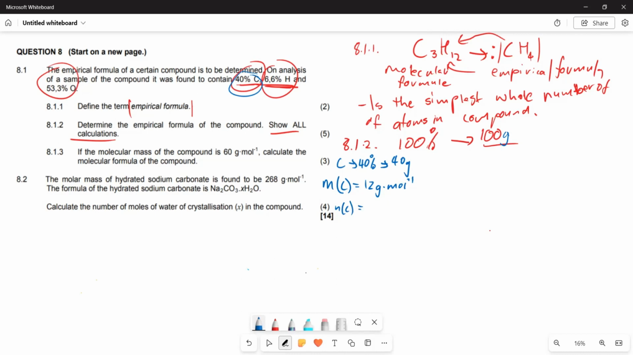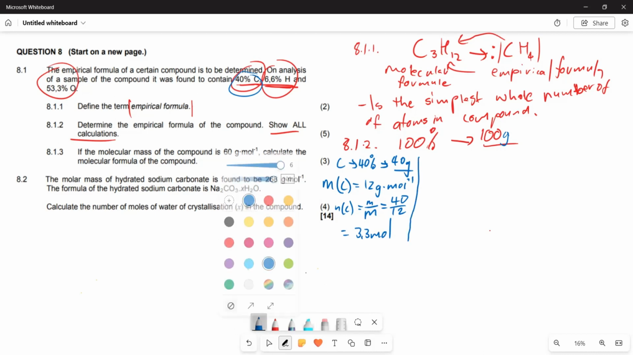How do we calculate the mole? The mole is mass over molar mass. We already have the converted mass, which is 40 divided by 12. So the mole of your carbon is going to be 3.3 mole. Now we are going to do the same thing. Let's get another nice color. We are going to do the same thing with your